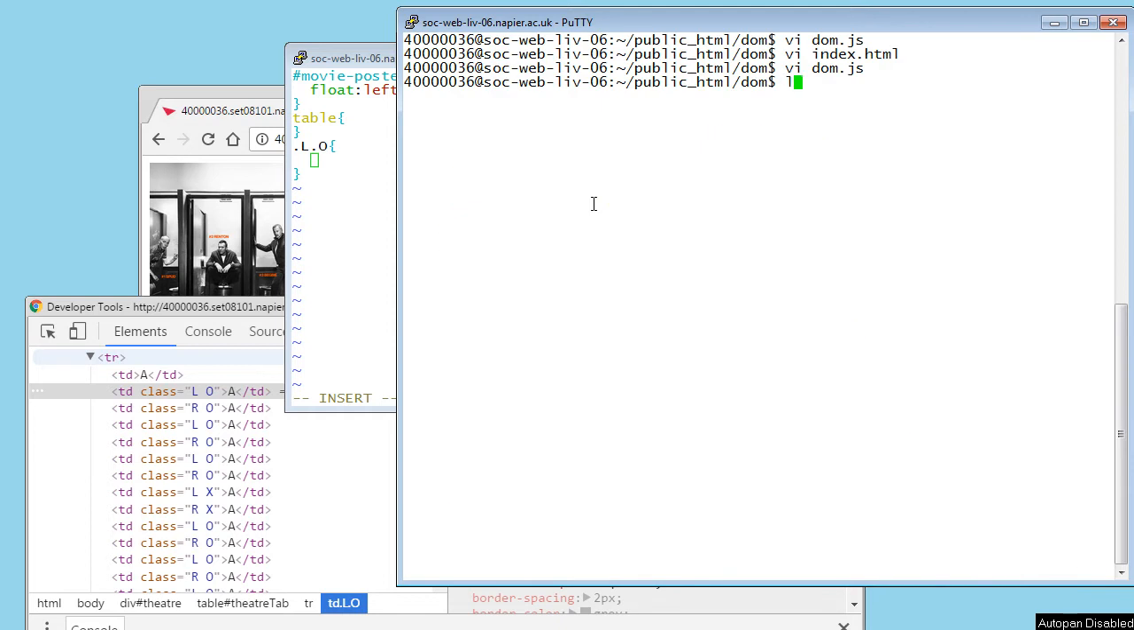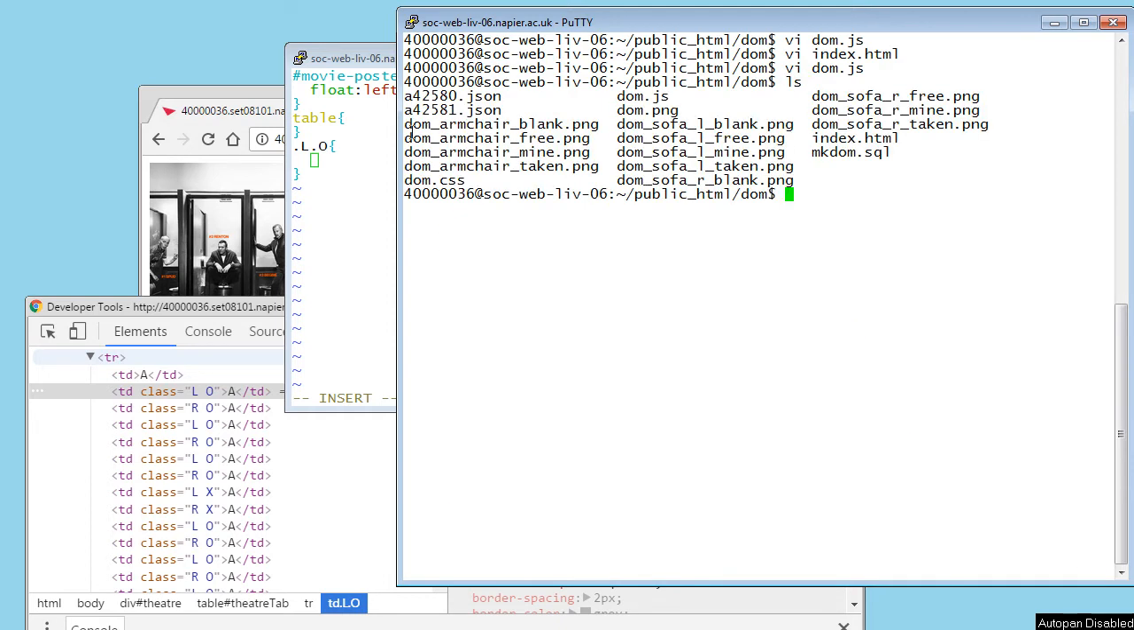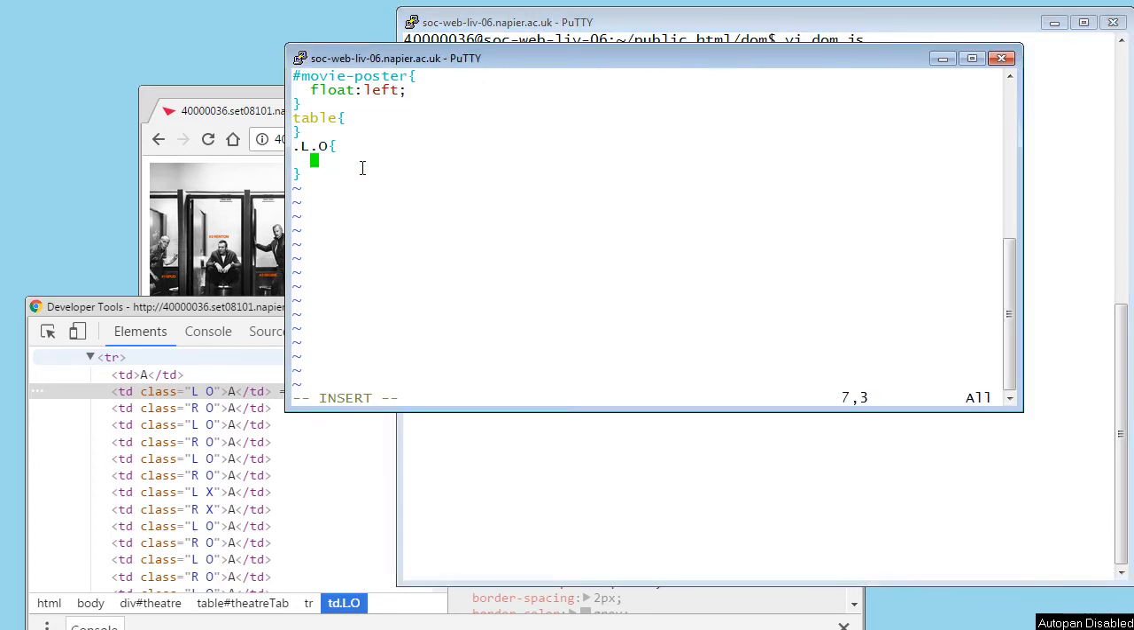Now let's have a look. Here are my images. I've actually got 12 images. I never use the blank ones, but I've got DOM armchair free. The one I'm looking for is a left armchair that's free. DOM sofa left free. That's the one there. So that image corresponds to this condition here, .l.o. So the phrase is